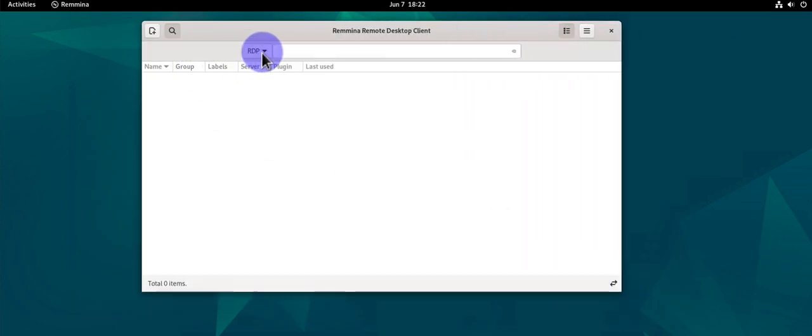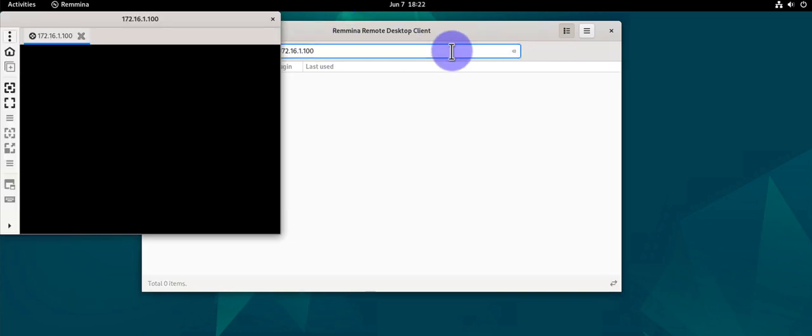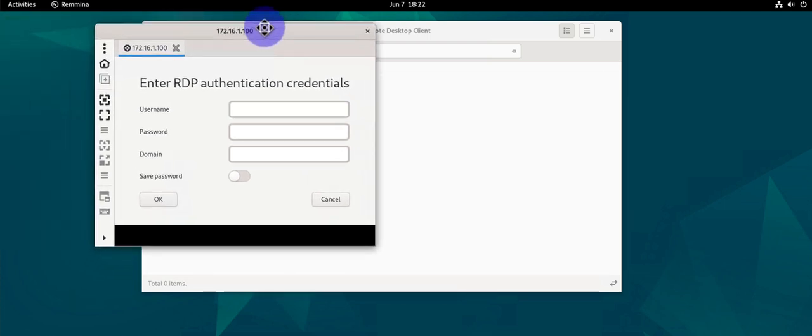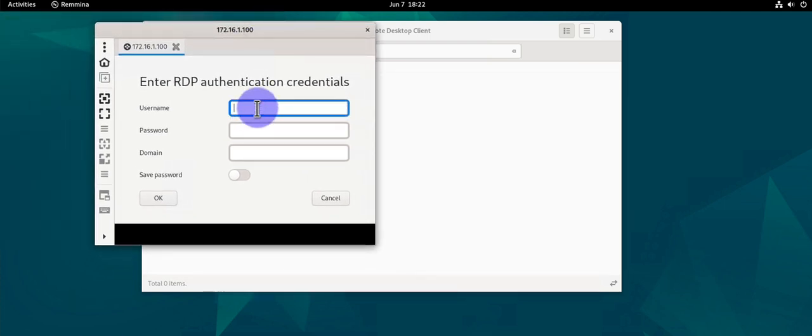Now, like I said, we're using RDP. All we need is the IP address here. So it was 172.16.1.100. That's the IP address for the Windows 10 device. So press enter, and here you'll be prompted to enter a username and a password. And the password that's configured on the Windows 10 device. Click OK,